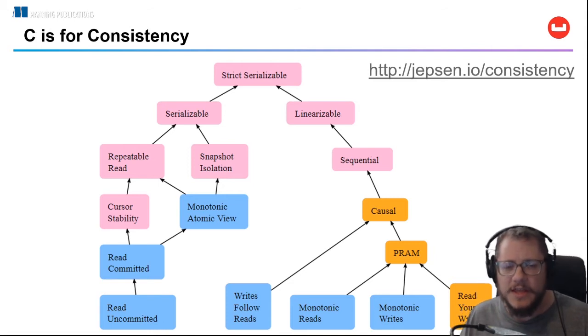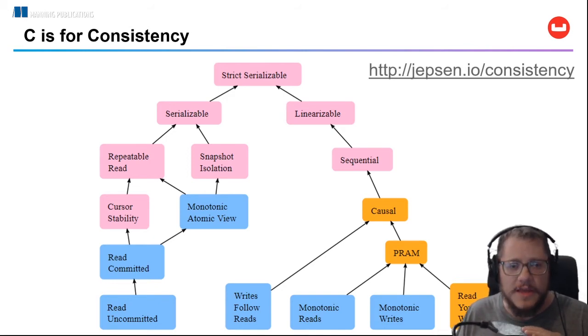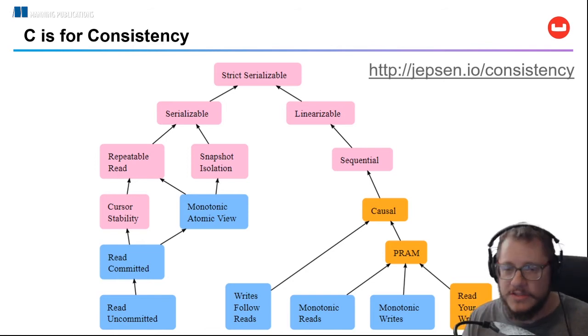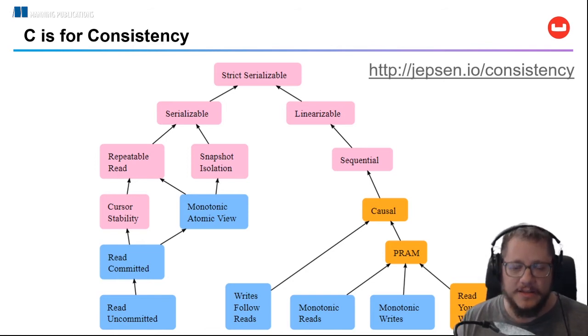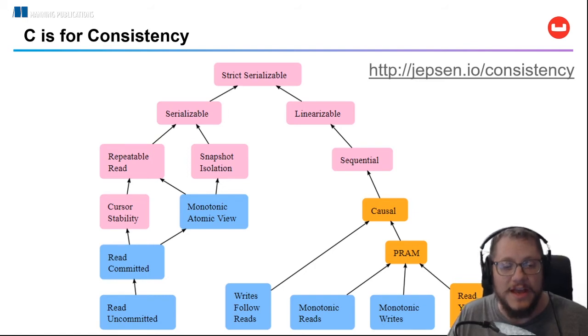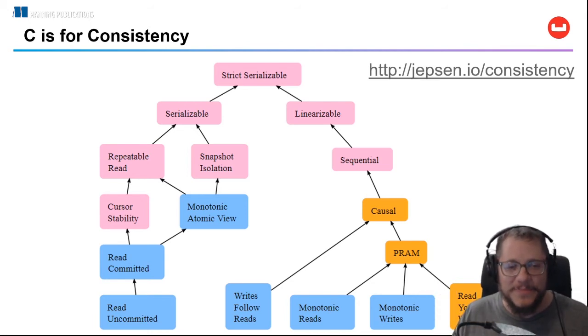In Couchbase, actually, we say we're read committed, but there's some things you can do, and this goes back to the multiple APIs, that are monotonic atomic view. Monotonic? It's hard to say. Monotonic atomic view. So if you're using the key value API, for instance, it can be as strong as monotonic atomic view. But when using the SQL API, it's not. So Couchbase is kind of in the middle there. So even though there's all these different levels of consistency, there's still even some nuance. So it's difficult to say Couchbase is this level and Mongo is this level, because there is just so much